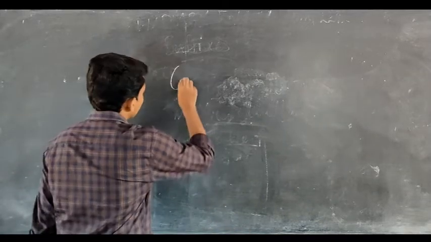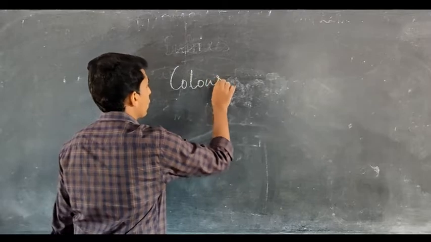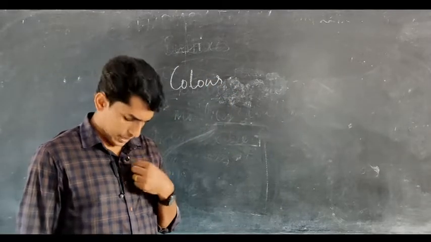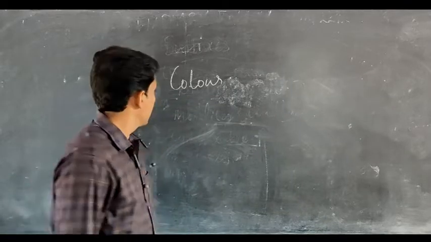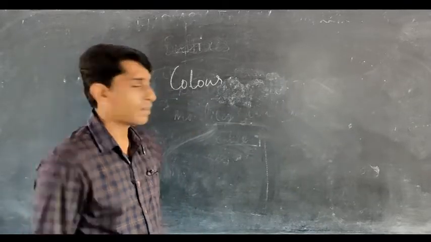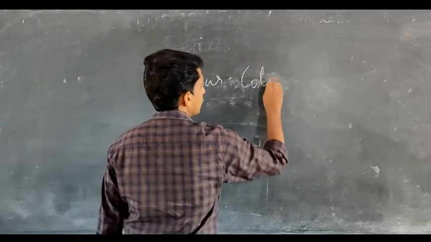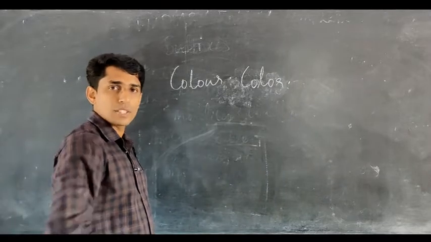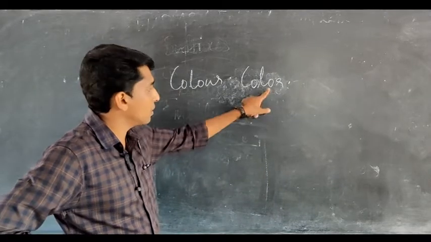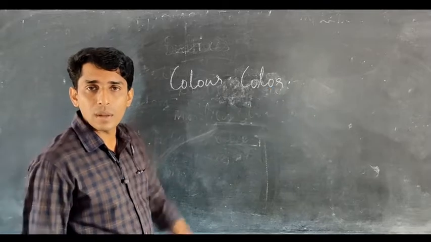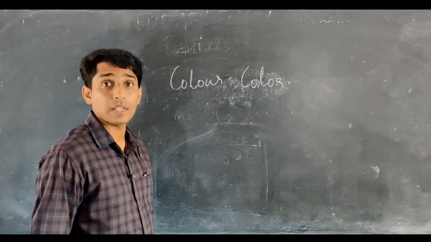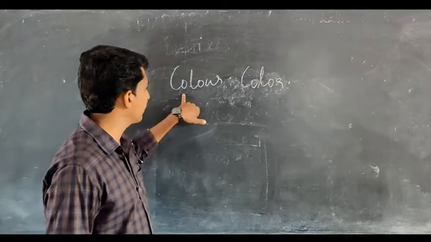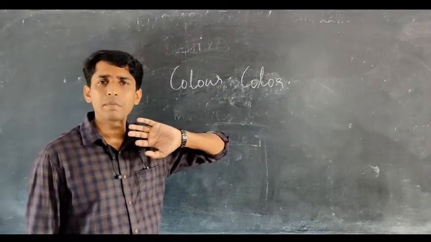Example, I will say C-O-L-O-U-R. What is this? Colour. You all know what is colour. Any colour which can be blue, green. Okay. This is British English what we use. If it is American, the spelling is C-O-L-O-R. It also reads color. You open your computer and check. The word color will be like this because Microsoft is produced from America. They use simple words, simple spelling. Okay, colour and color same.